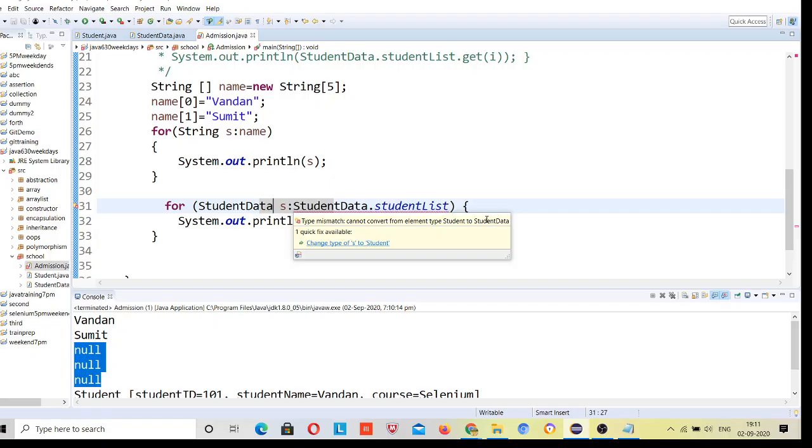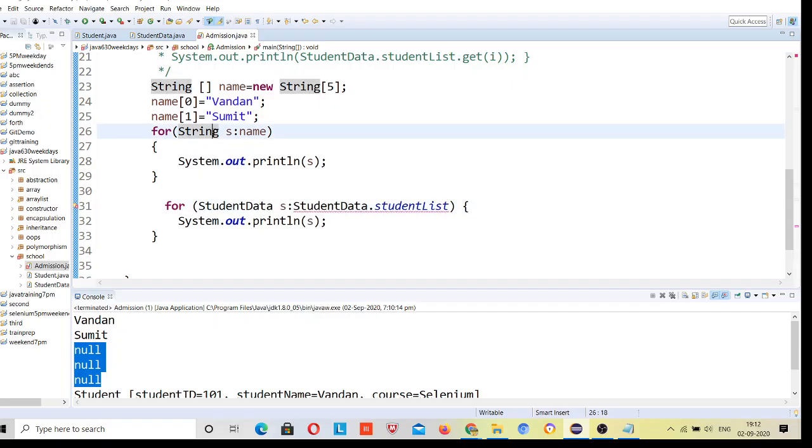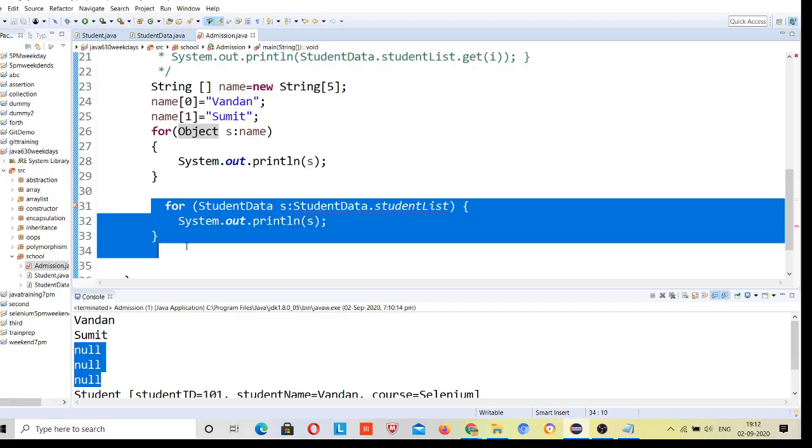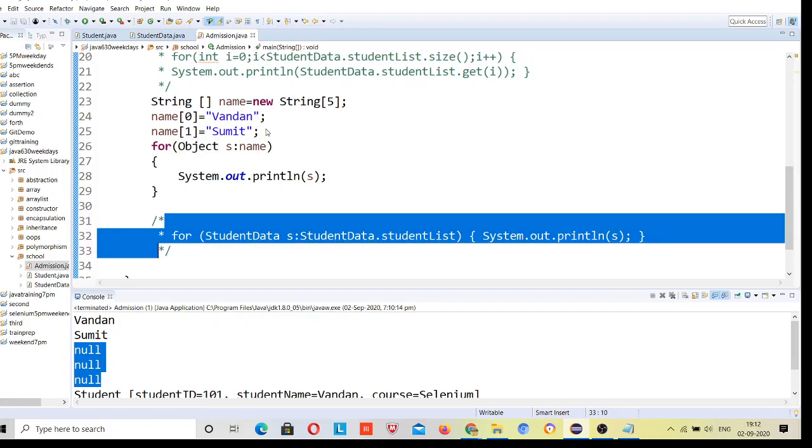What it means is, just like I explained yesterday, if you don't know your return type, what the return type of your student is, you can use object here.